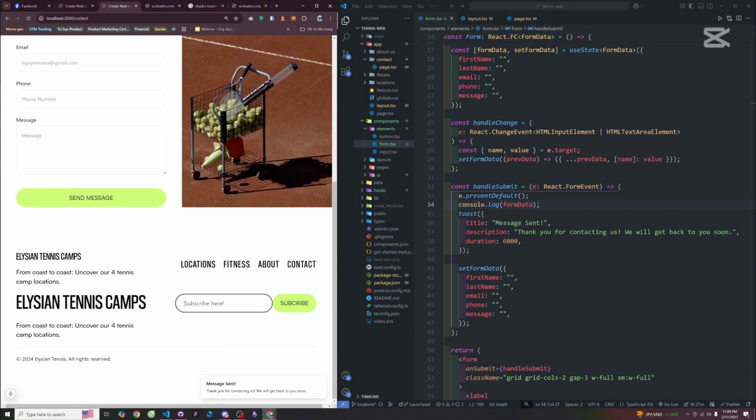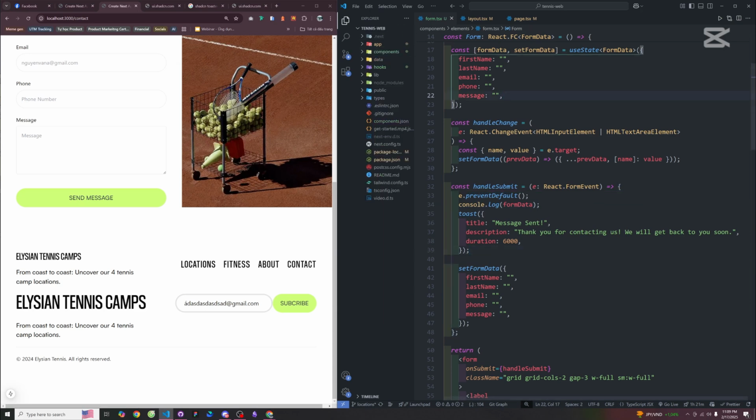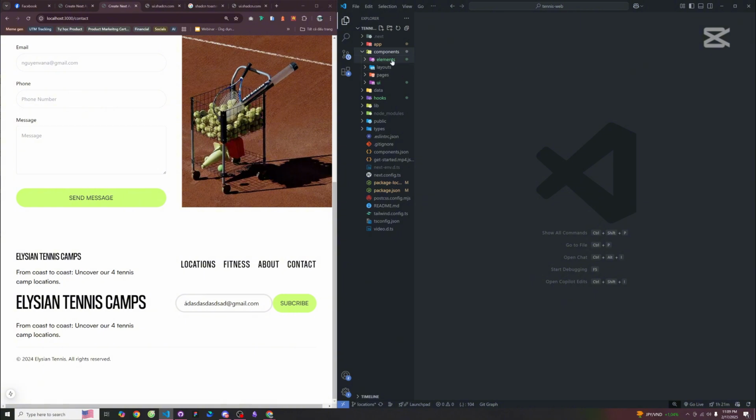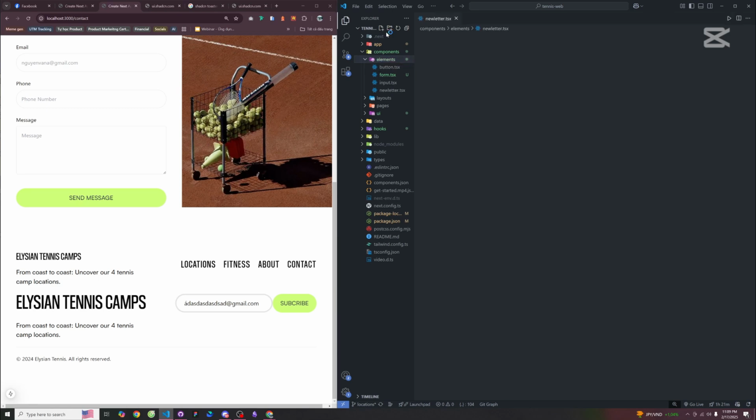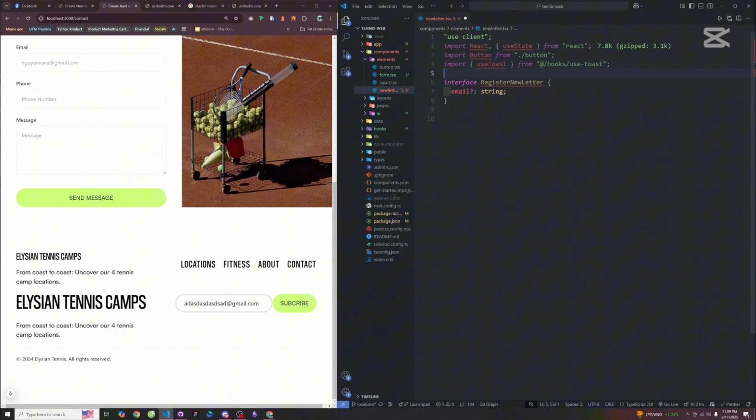And now we're going to refactor this subscribe for the newsletter. So if we want to subscribe like this one, you see this won't have any effect and has a small layout issue. So first I will close all the pages, and I'm going to create a component named newsletter. So in the newsletter we're going to build a very basic component. For the newsletter, just use the same toast, buttons and state, and we have the TypeScript for the register